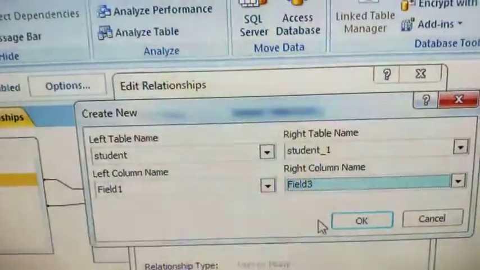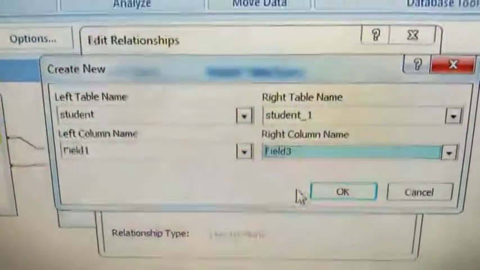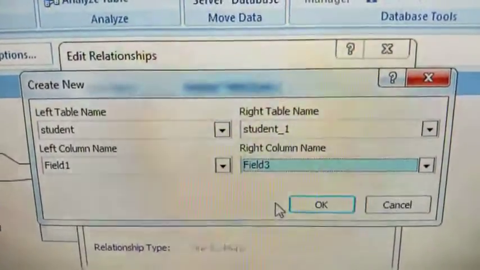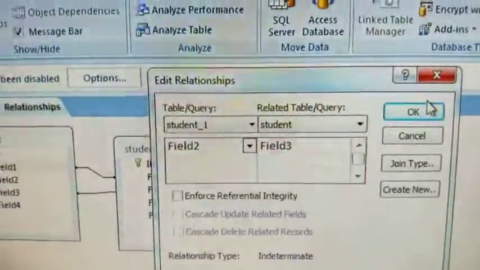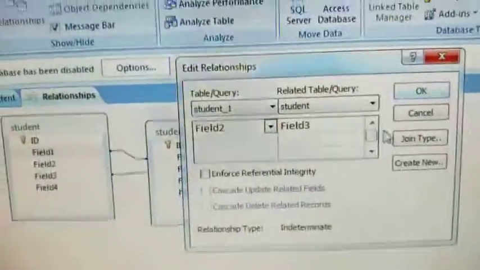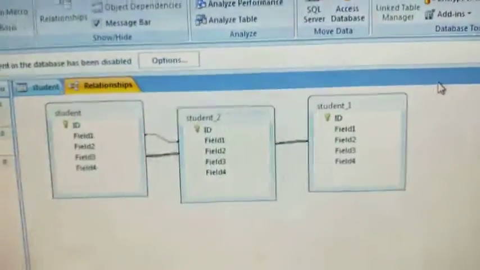See, left hand side table name, then right hand side table name, then left column name, then the right column name, then you have to click on OK. This type of edit relationship dialog box appears, and here if you want to edit anything then you can edit, otherwise you have to click on OK. When you click OK, see